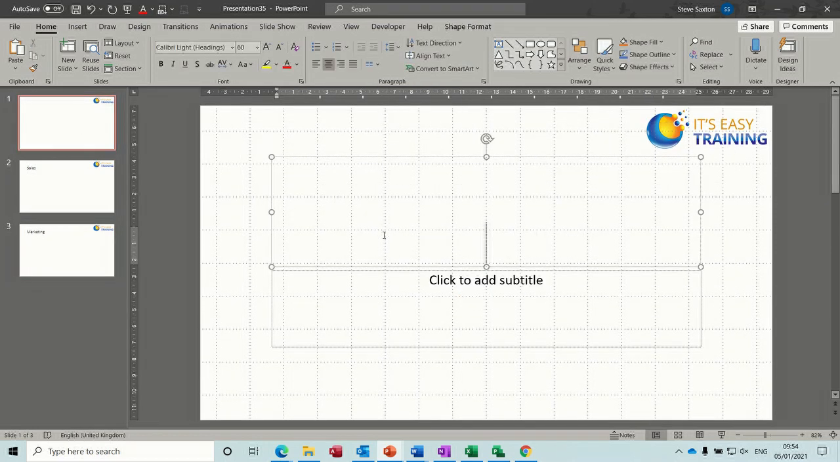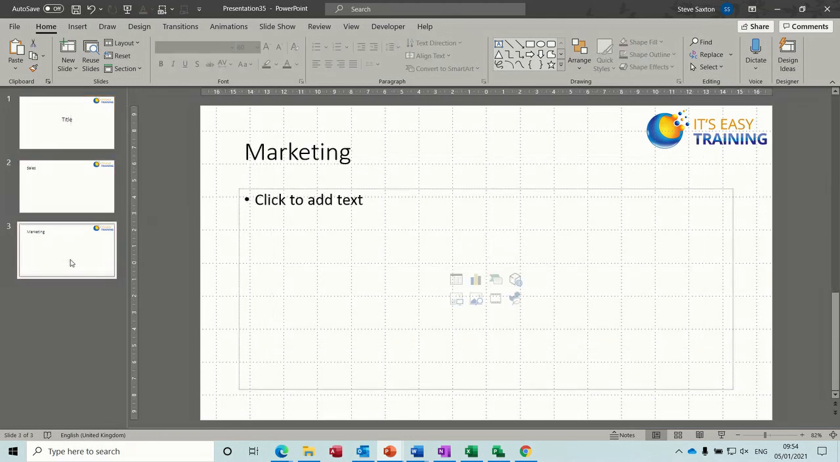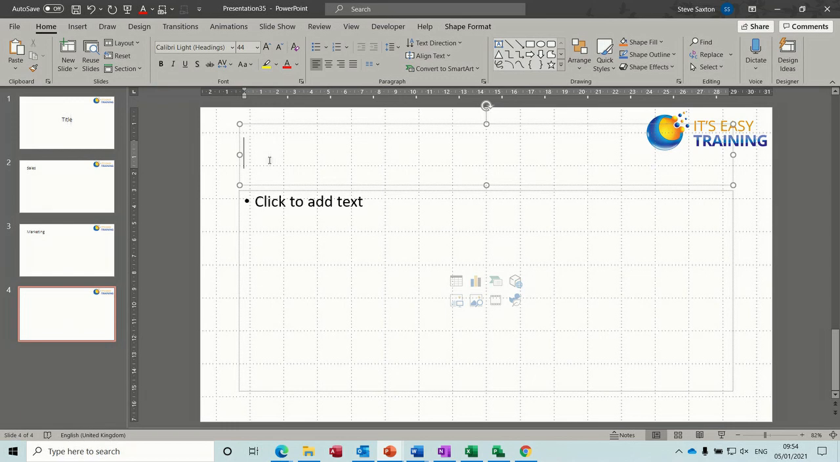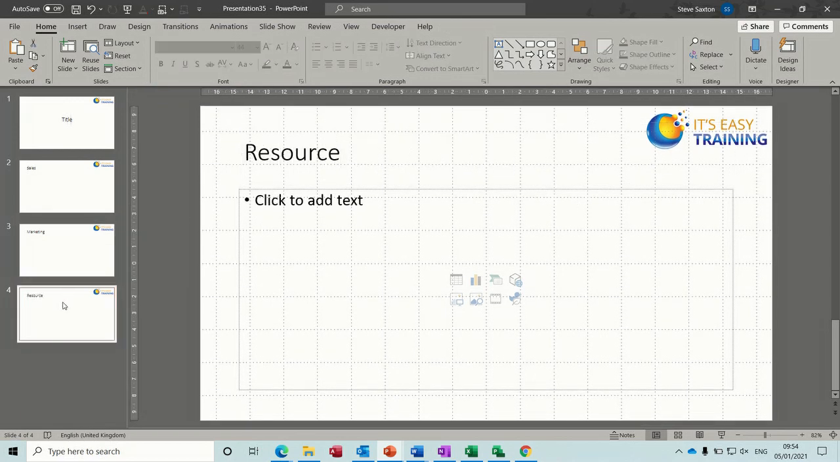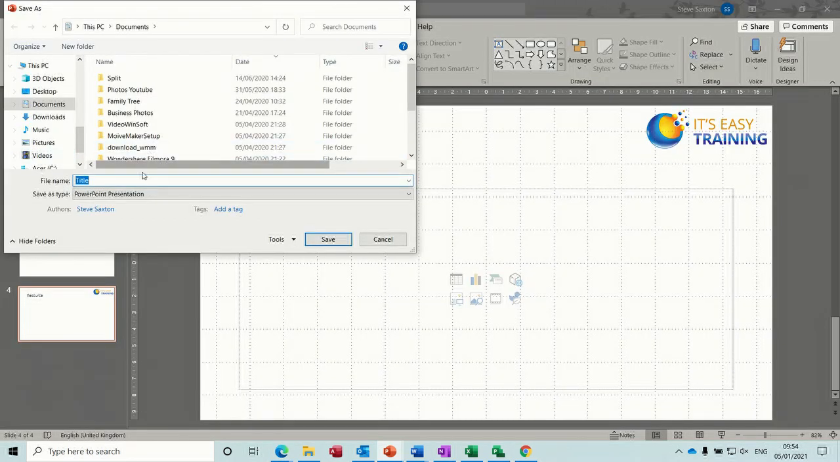So this will just be title, whatever it is, spell it right. So a sales slide, a marketing slide, and then maybe a resource slide. So you want to save that as a template. You just go File, Save, or Save As, same thing comes up. And then you select